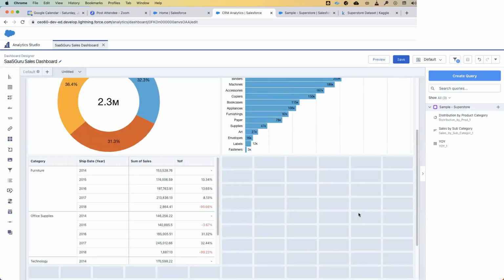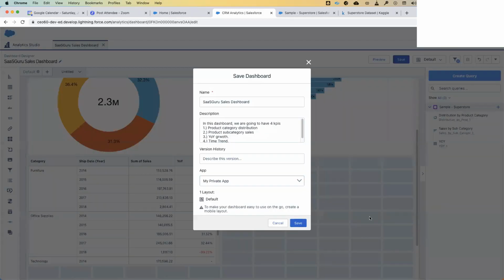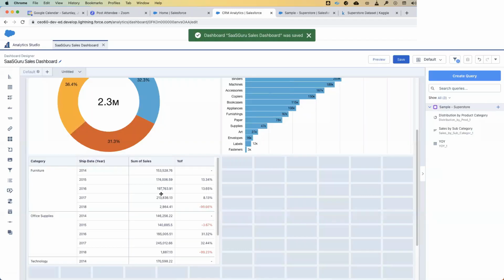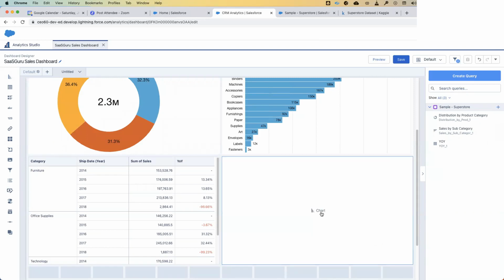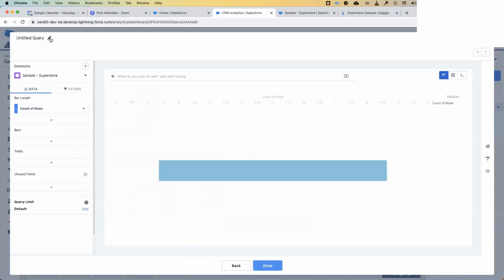Now let's create a timeline chart. This is going to be the final chart. We still have 20 minutes, so I want to maybe take another 5 minutes and show you how to create a mobile version of this. But before I do that, I'm going to click on save. Now I'm going to drag and drop this chart again. We've seen this multiple times, and I am going to expand this. I'm going to click on this chart and I'm going to call it